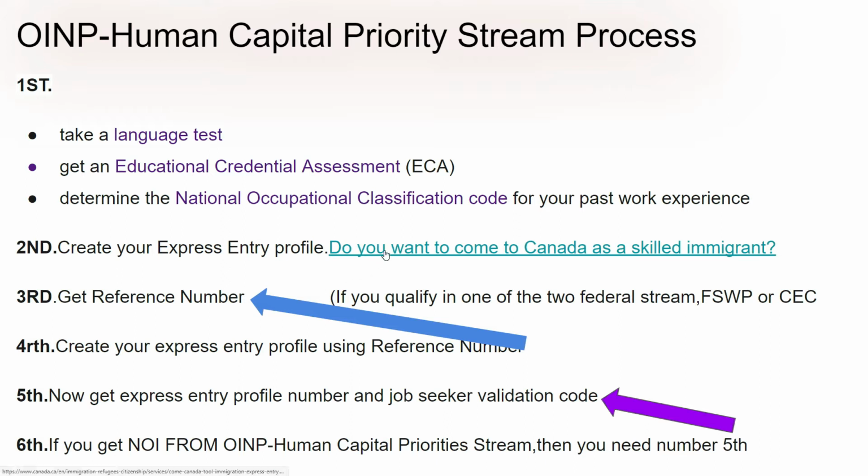You just click on this link and it will take you to some questions, and you have to respond to those questions, and on the basis of your response they will determine whether you are eligible to apply for this stream or not. I will not click here, because if you want you can go to Google and type the same line, then you will get the canada.ca website, and you just click there and it will take you to the questionnaire. Once they decide whether you are eligible to apply for this Human Capital Priority Stream,